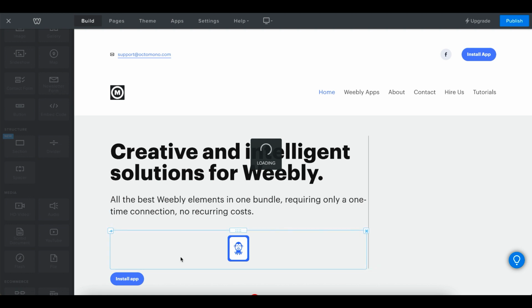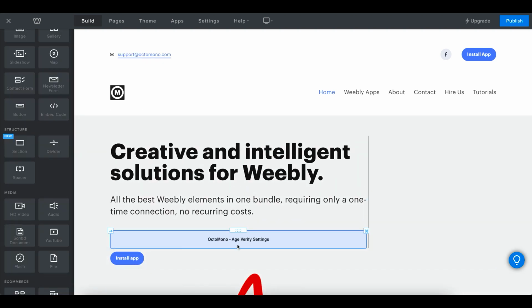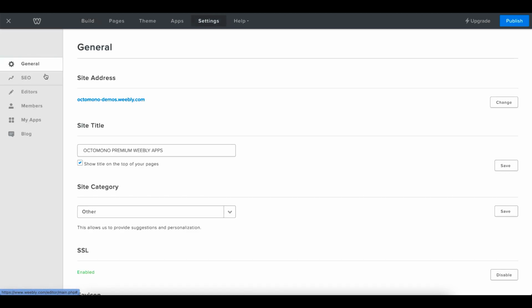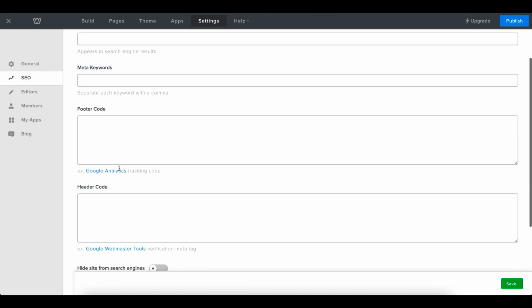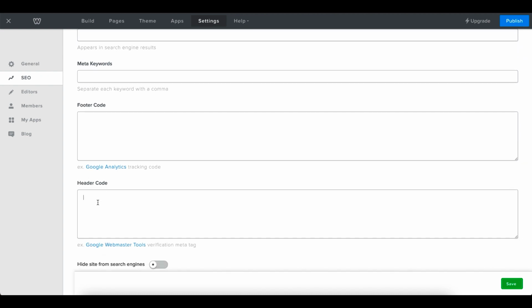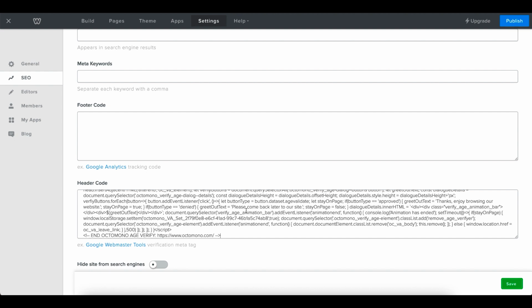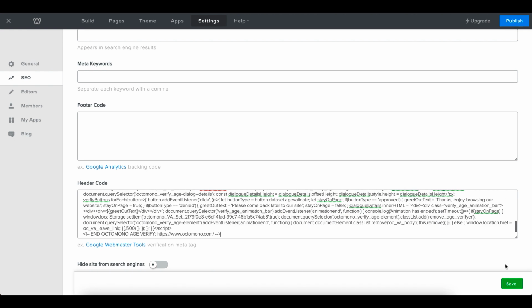And then you will see that we have a placeholder here, which will only be visible on the Weebly side, where it says OctoMono age verify settings. So there are 2 options actually of adding the age verify box to your page. It depends on how you want to use it. If you want to use it for your entire page, then the best option would be to go to the settings, SEO, and then look for the header code box that you can see here. And then simply paste in what you have previously copied from your styles. So then when you click the save button